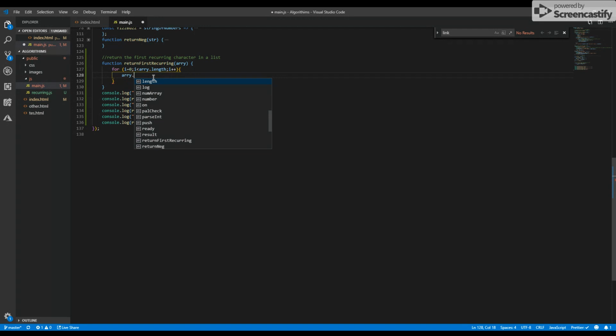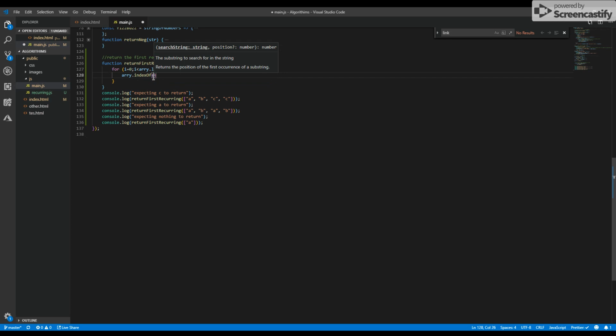I recommend if you're brand new to this, start going to MDN, start looking at the methods, and start reading the documentation and find out what you can do. So when I first started coding, I started looking at these and said, okay, one of these things is indexOf. And what indexOf does is it finds the very first occurrence of an